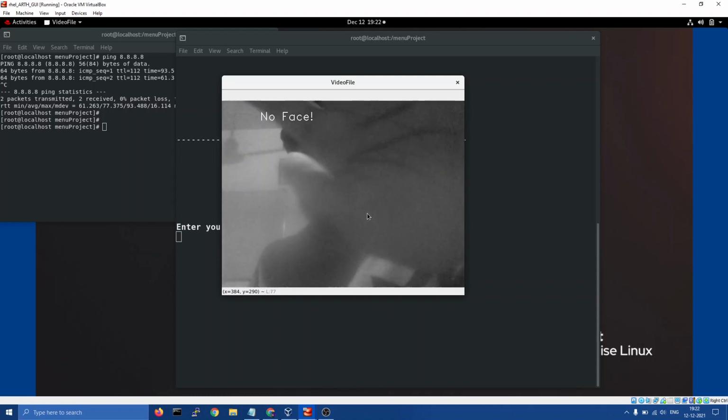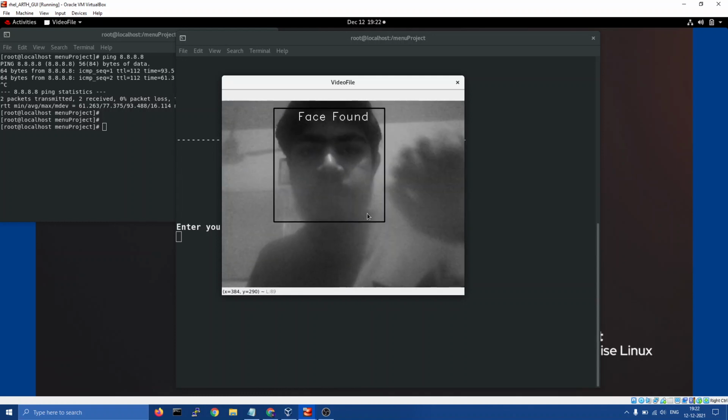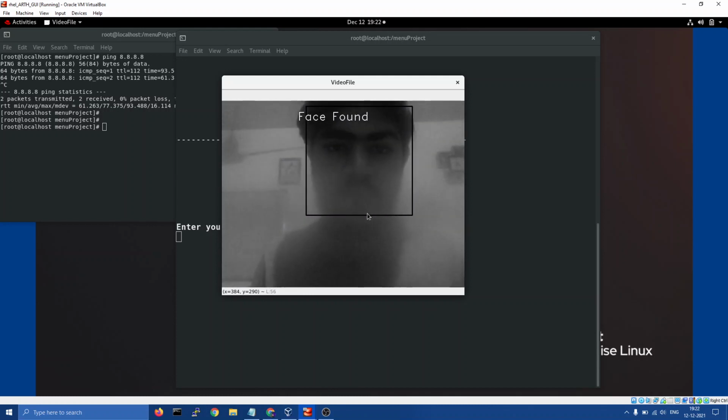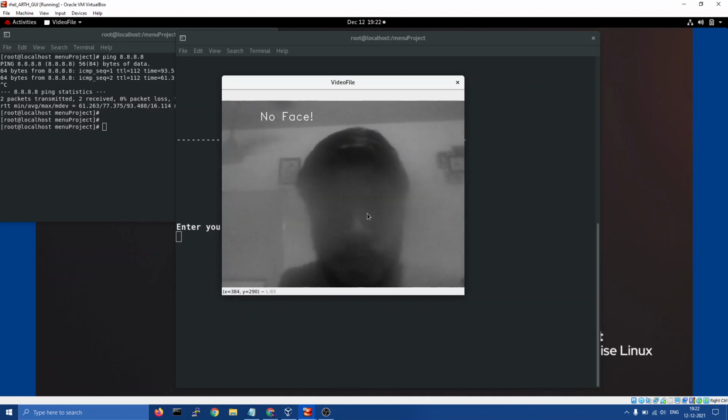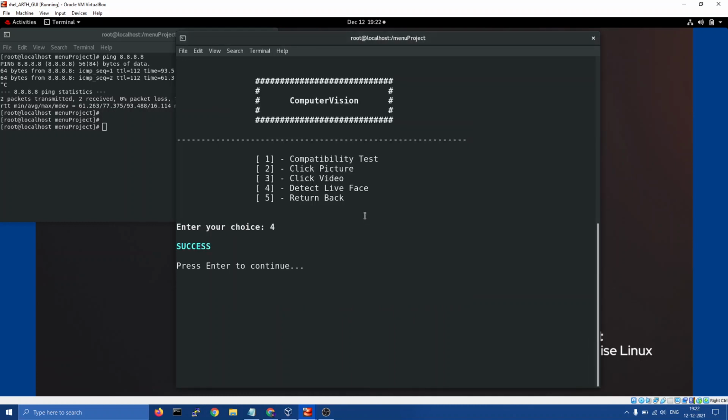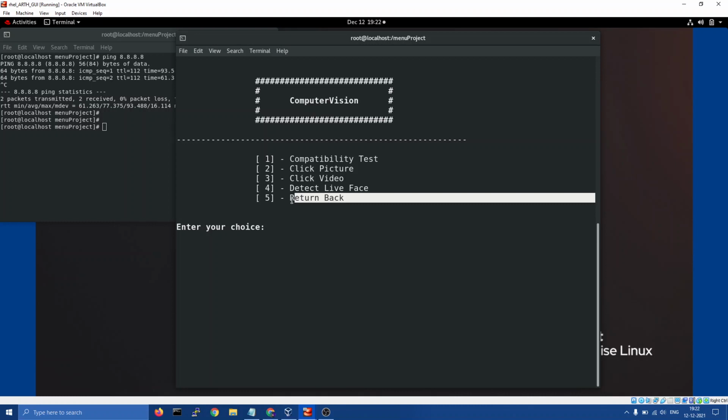If I remove my hand, it finds my face. Sorry for my camera quality, I don't have a very good integrated camera. Let me close this, and success, and let's return back.